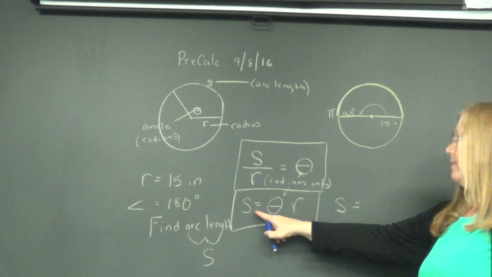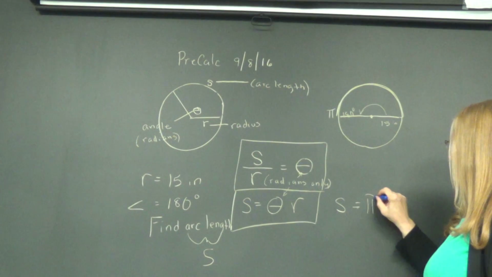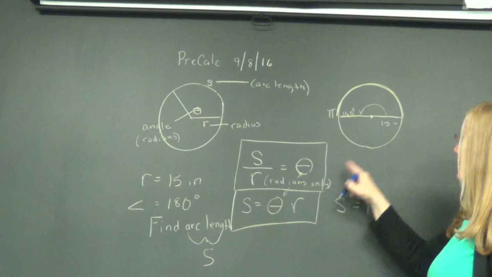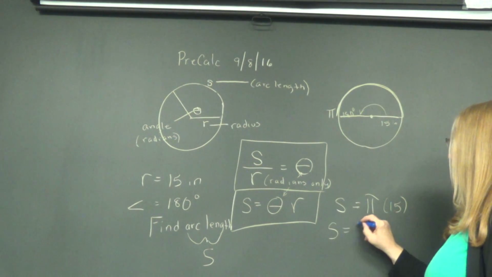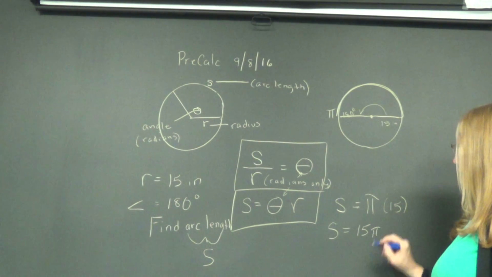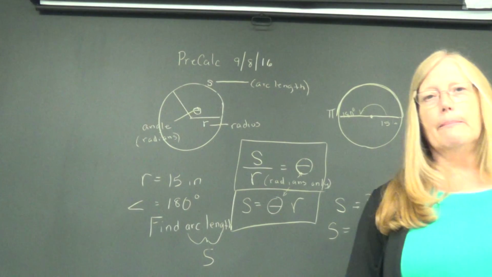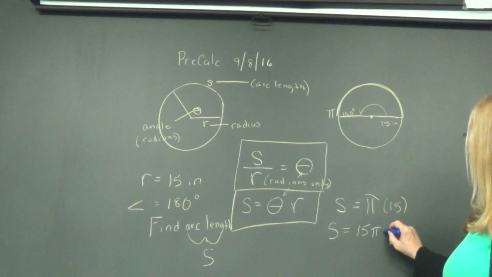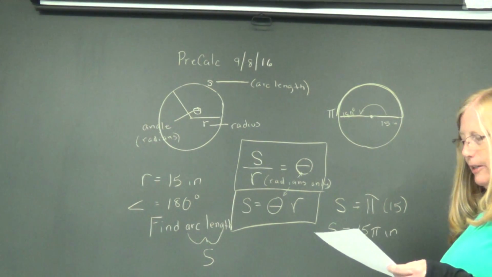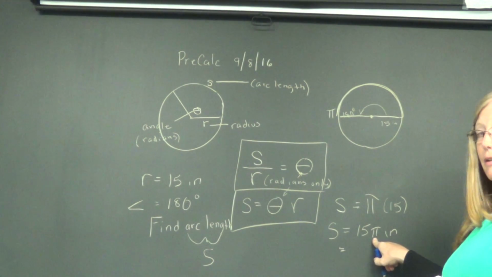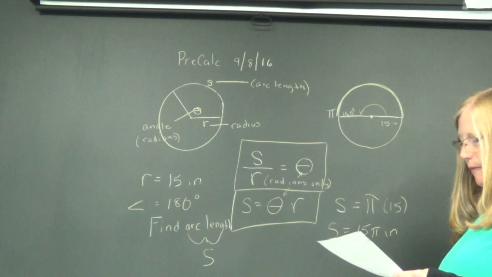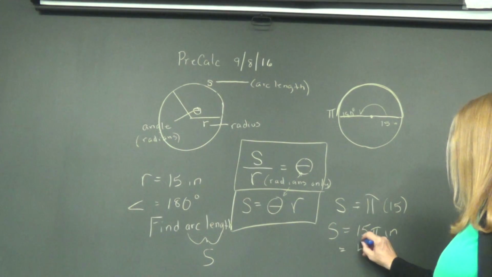So in the formula, I'm going to get S equals pi times r. The radius is 15. So arc length is 15 pi, and that's in inches. I'm content to keep it in 15 pi. If you want a better picture of what that is, you can plug in pi into the calculator and times 15, and you'll get something around 47